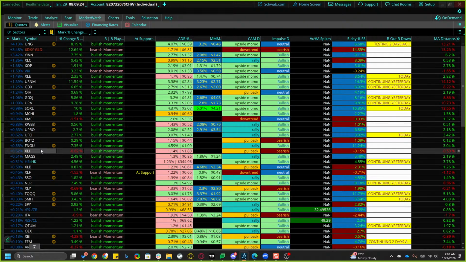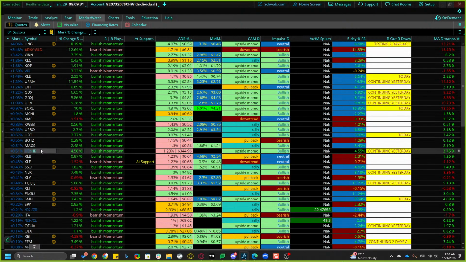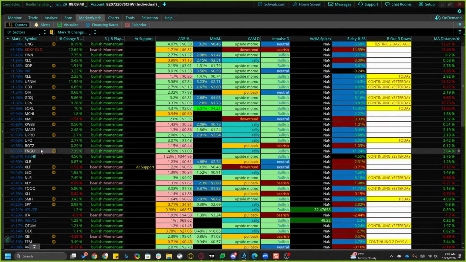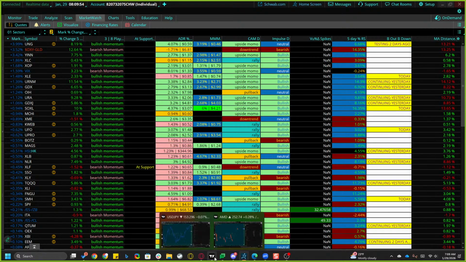I don't like it if the mags are already up 3% before the market even opens. It doesn't really leave much for us to run in the intraday. So I like that they're not up too much. But keep your eye on it because it's also up just enough that it could flip on us. That'll be easy to see anyways, so I'll take the tell. But keep your eye on market breadth this morning, how much we have as we get into the open, and then whether or not we start to lose it as the morning goes on.